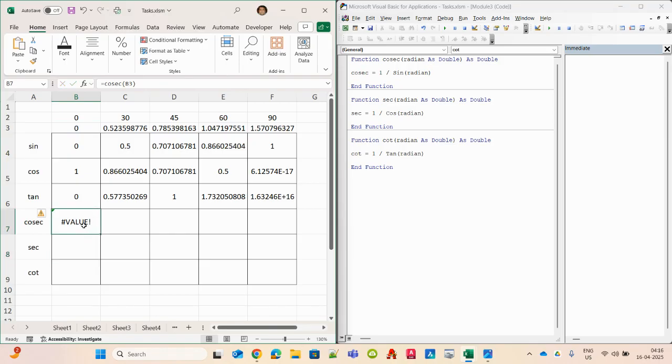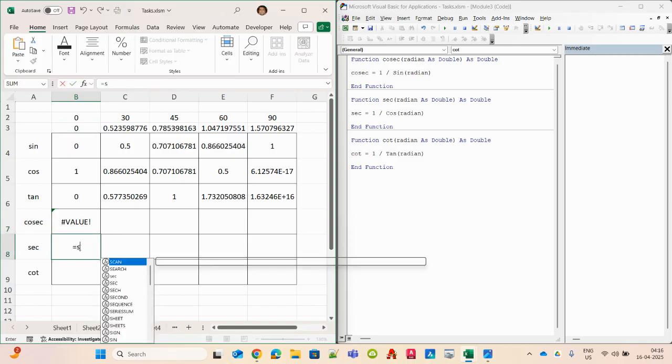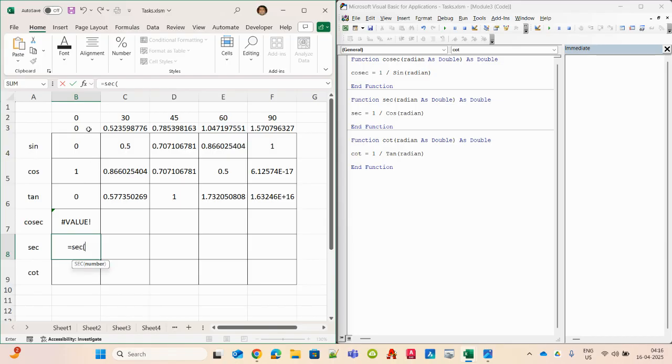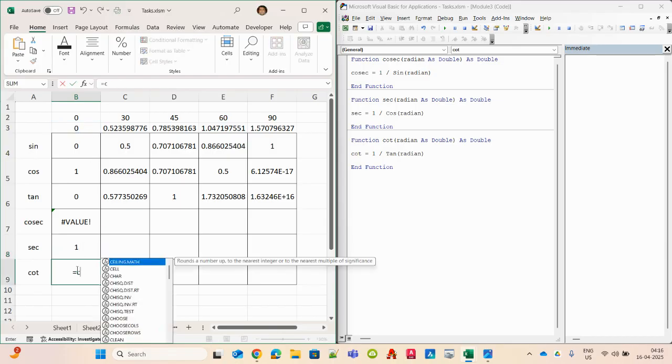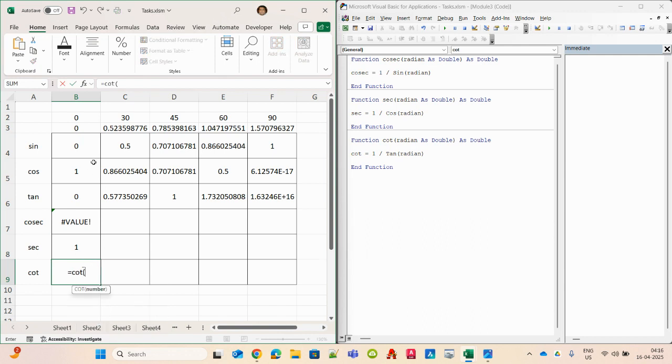why it is coming, this is not evaluated, we will see later. Now this equal to sec of this radian, and this will be cot of this radian. Now we have these 3 values. Let me drag it,